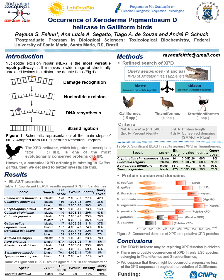The Xeroderma Pigmentosum D or XPD helicase integrates the transcription factor 2H and has an important role before nucleotide excision in order to allow the separation of the double helix into single strands. XPD is one of the most conserved proteins of NER, being present even in archaea. However, a canonical XPD is apparently missing in Gallus, as we concluded in a previous study, so we decided to